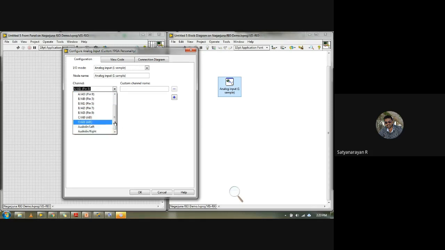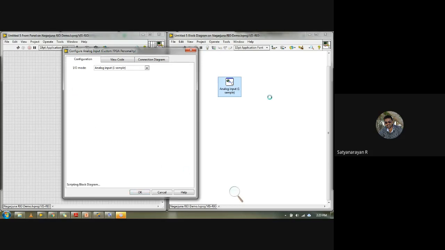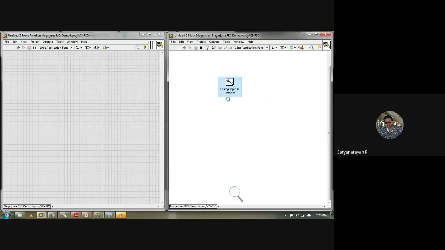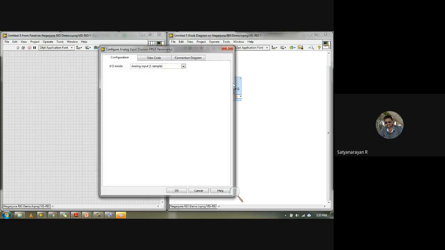Based on the ports, let me take pin number 3 for acquiring. If you want to select more than one pin, I'll show that too, but as of now I've taken only one input. If you double click on the same box, you have the channel name. You can give a name, either temperature or sensor, or whichever type of sensor output it is.